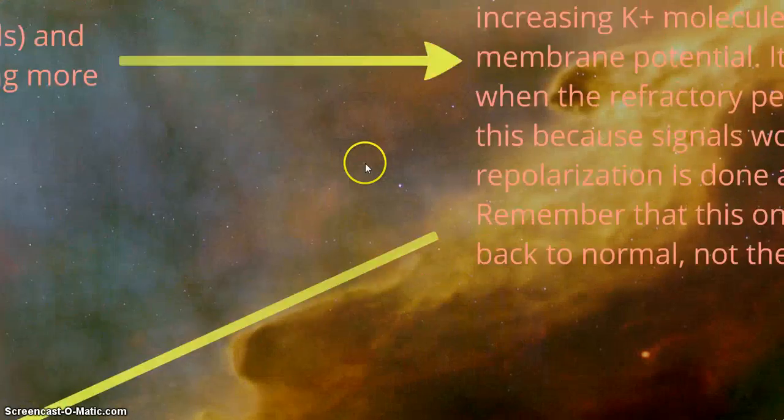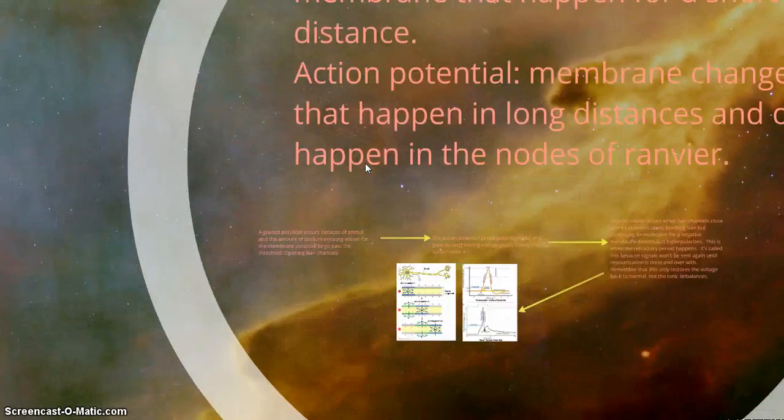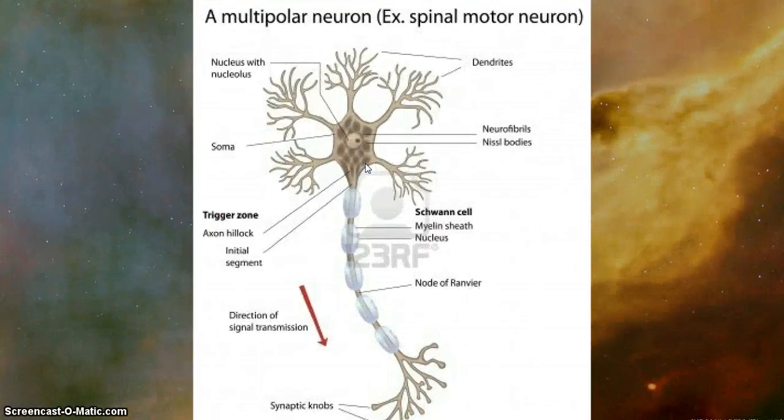Now remember when I was talking about nodes of Ranvier here. So what happens is right here the action potentials only happen at nodes of Ranvier. So what'll happen is they'll go in here, an action potential will occur, but once it gets past the node of Ranvier, it'll just be a graded potential. It'll go for a short distance, and then after that, there's the node of Ranvier again. There's the action potential, a short distance, then action potential, and then after that, the sodium will just go a short distance, changing the membrane. But anyway,